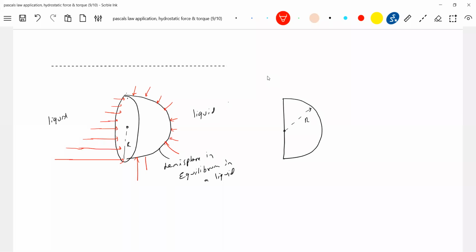Similarly, look at these arrows also. Is it justified showing the arrows like this, with size? Look at the magnitude as well as